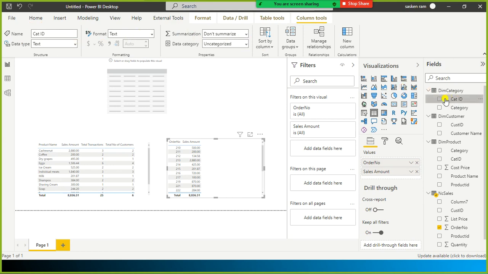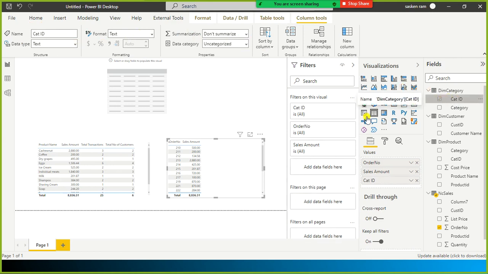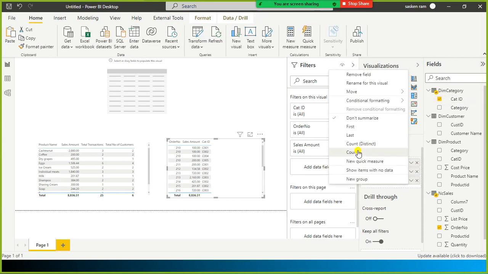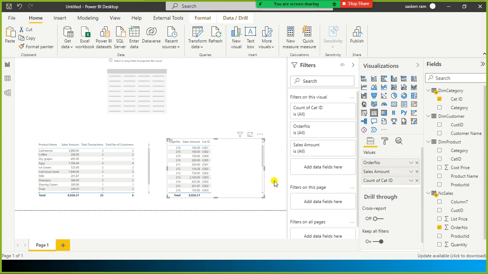This is a text data type, but still I select this one, and here I set it as count. Look here, it is not filtering because this category table is not directly linked with the sales table.